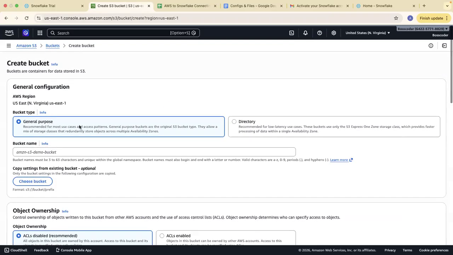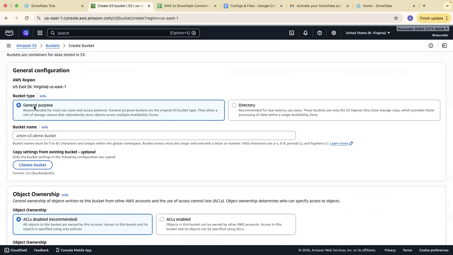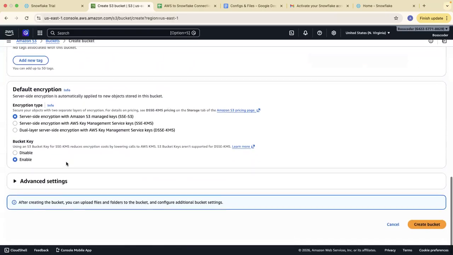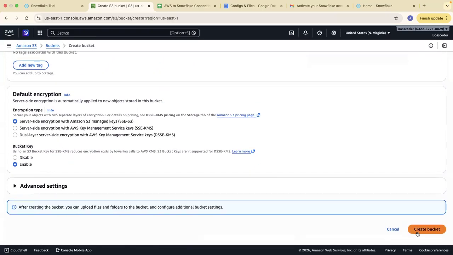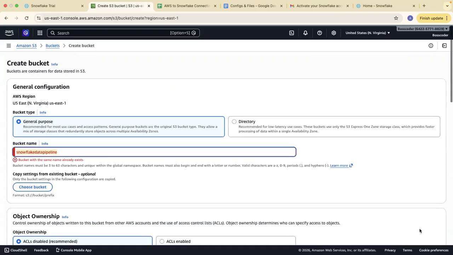Once you click on create bucket, you have to select general purpose, and I will give the bucket name as Snowflake Data Pipeline. I will not check anything, and I will simply click on create bucket.